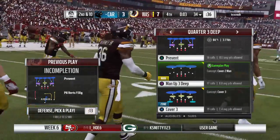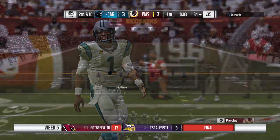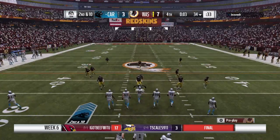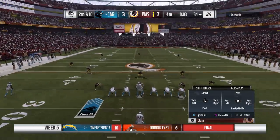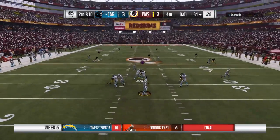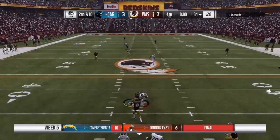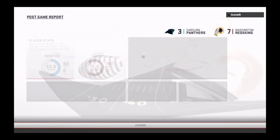So after all of this, it comes down to one final play. And just think of what it's going to be, because from this distance, you've got to be prepared for everything. Hook and laterals, tip balls, you name it. A lot of laterals after a catch. Just got to be prepared, stay on your feet defensively, and tackle someone. He'll drop it off to McCaffrey. And he'll be brought down right around the